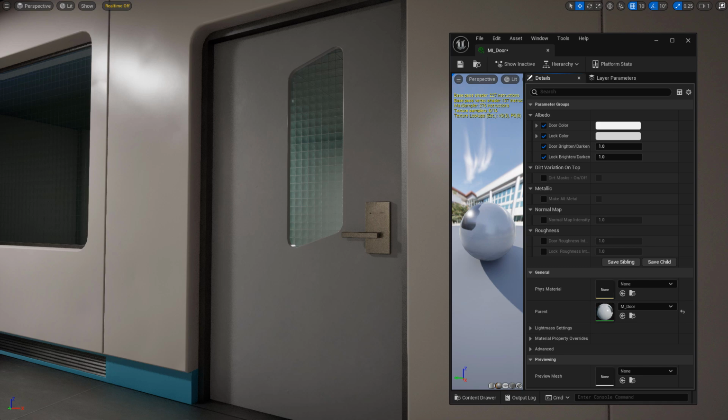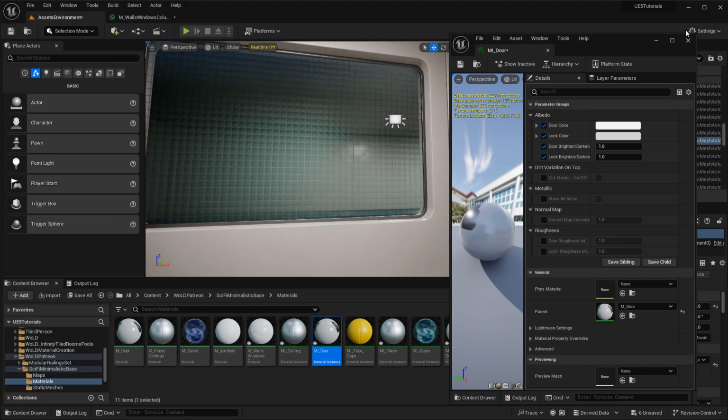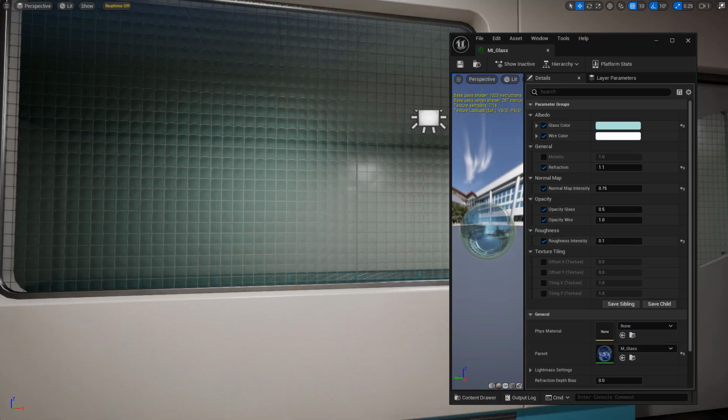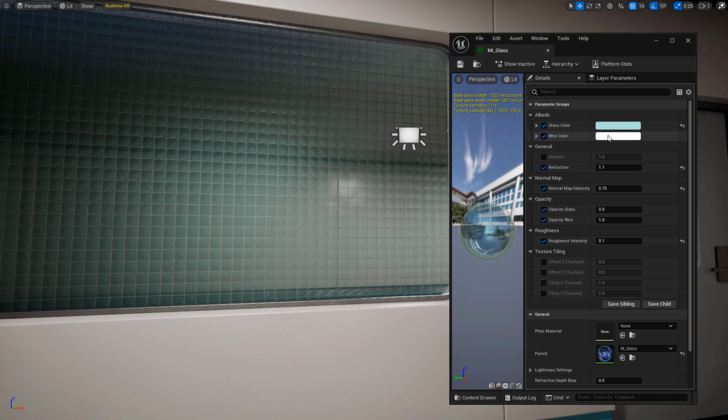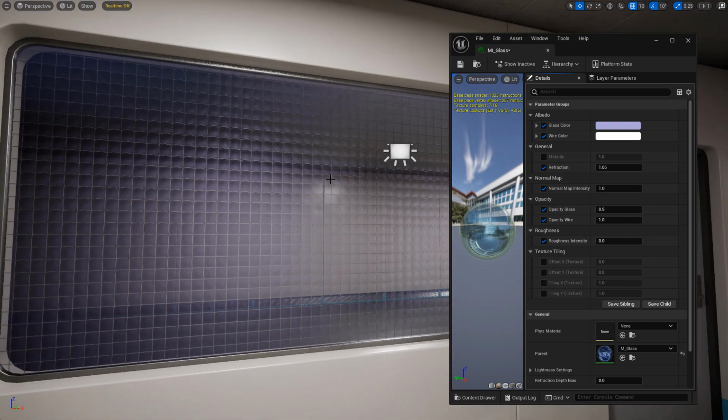And very last, you have glass. So let's take a look at the glass and open up the material instance for the glass. So the glass by default, here's what it looks like. I already changed a few parameters here, so a lot of them are already enabled and changed, but you can just reset everything. Here's what it will look like by default if you reset everything to default, and then you can begin to